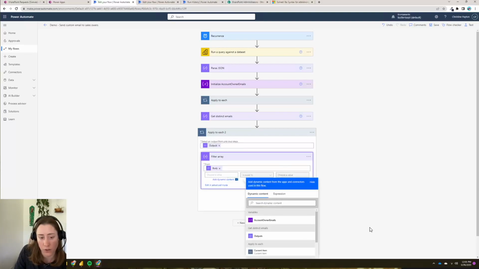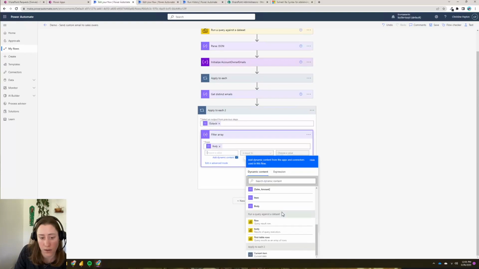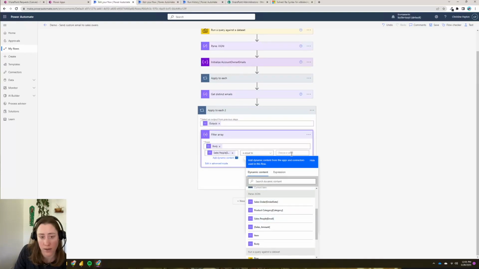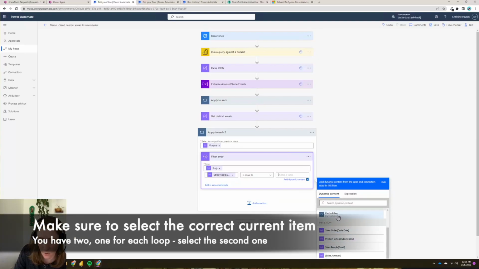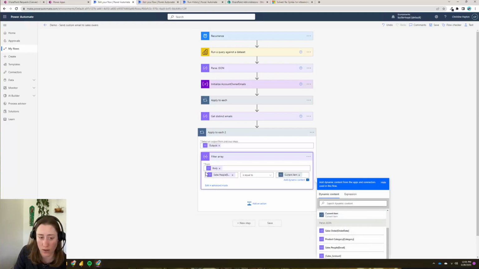So for our filter, we want to do the account owner email. So the salesperson email is equal to the current item. So the current item is whatever distinct email address we're currently on in our for each loop. So whenever the account owner name is equal to the distinct owner that we want to send it to,